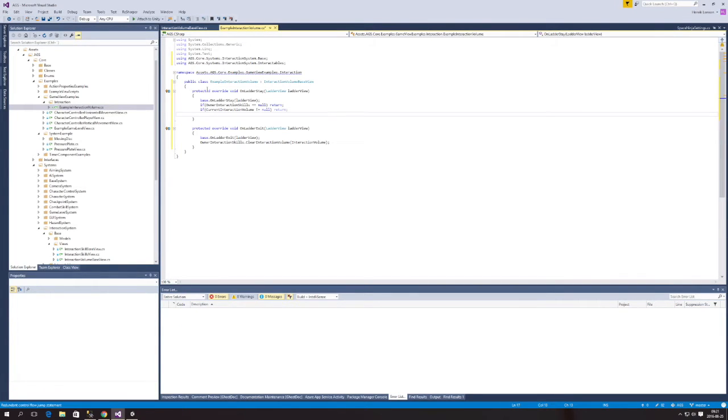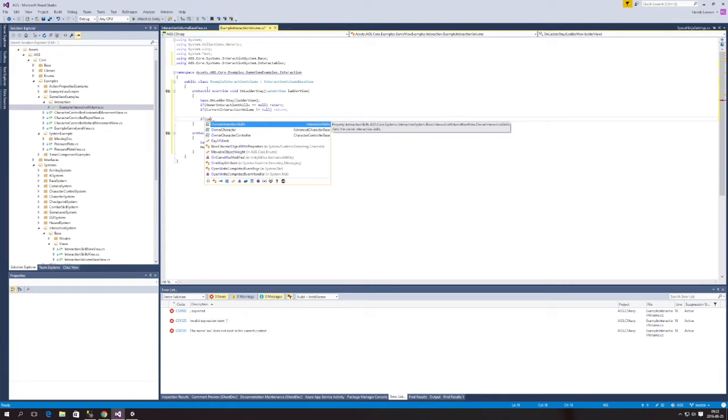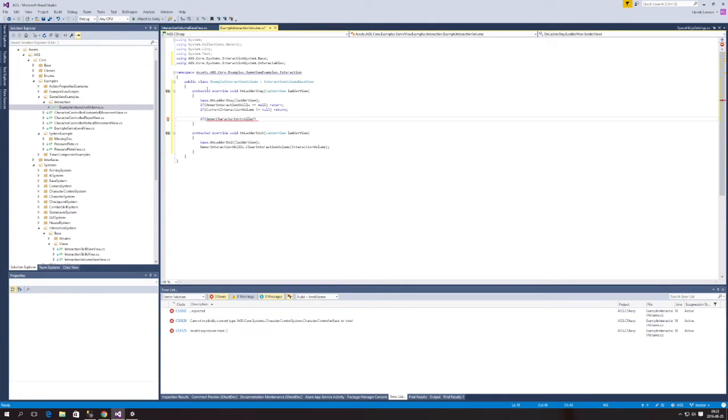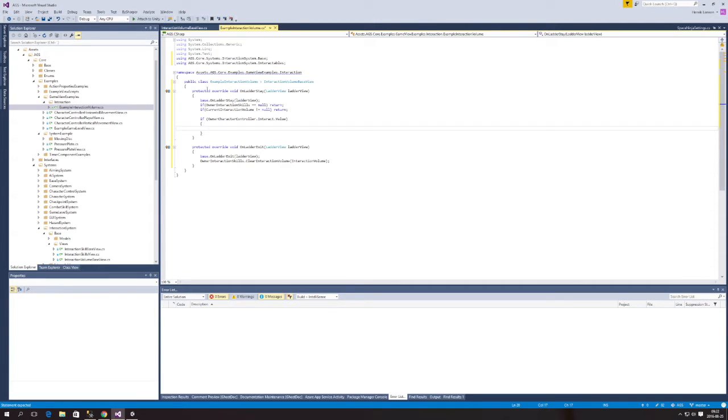If we pass these two checks, then we should check for player input, and more specifically, if owner CharacterController, if it is currently interacting, then we should do